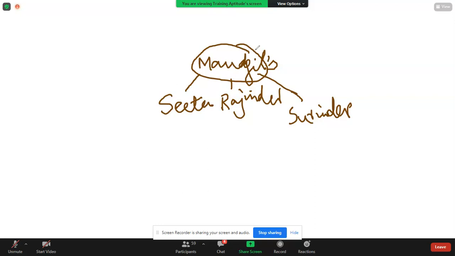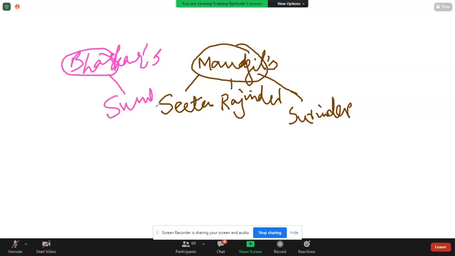Raja and Sunil are children of Mr. and Mrs. Bhaskar. So the Bhaskars are there. I'm using different colors so that you'll be able to follow. I've got the Bhaskars and the kids: Renu, Raja, Sunil. Sunil and Sita are married. Okay, so I put Sunil here. Sunil and Sita are married. Okay. Next,